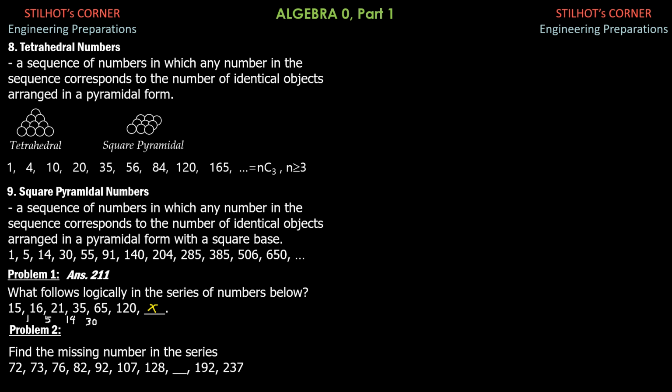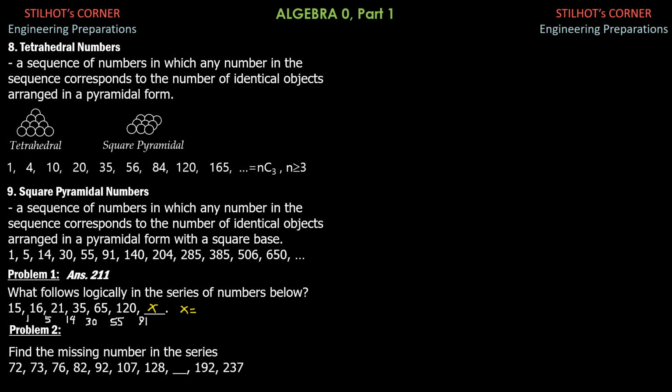X is 35, 55. Notice that these differences are square pyramidal numbers, because after 55 is 91. This is 91. Therefore, X is equal to 120